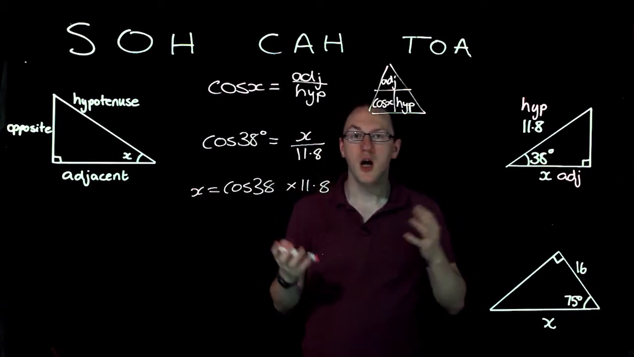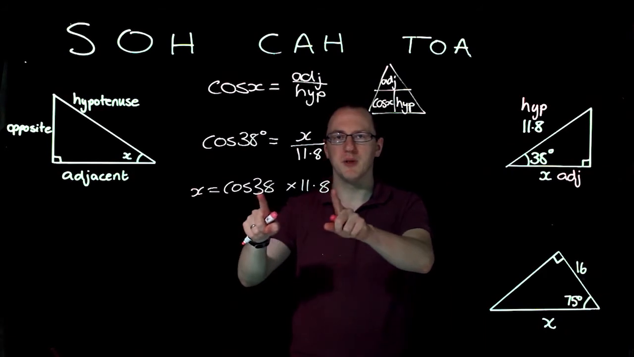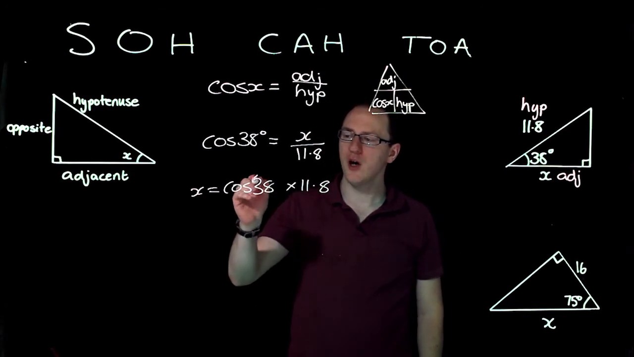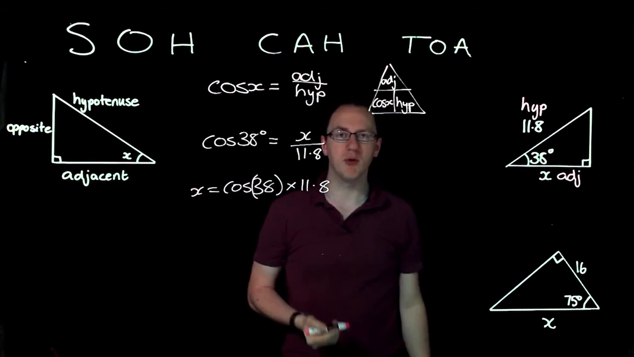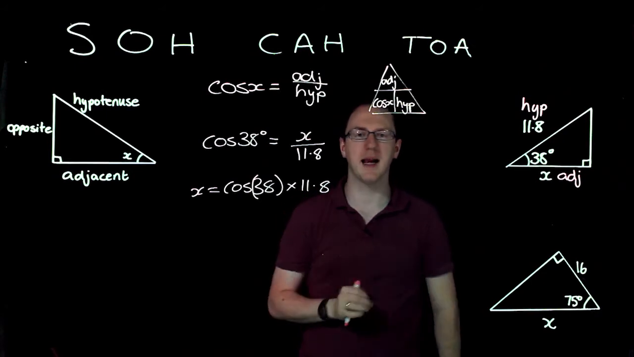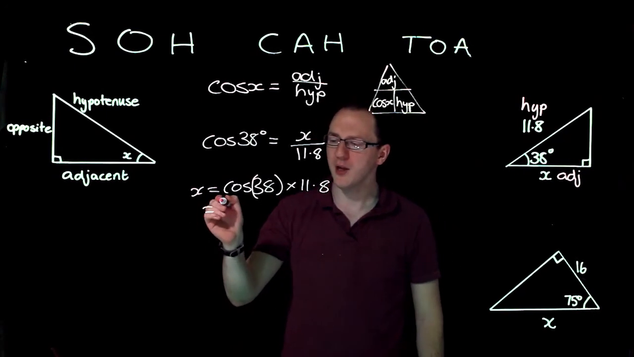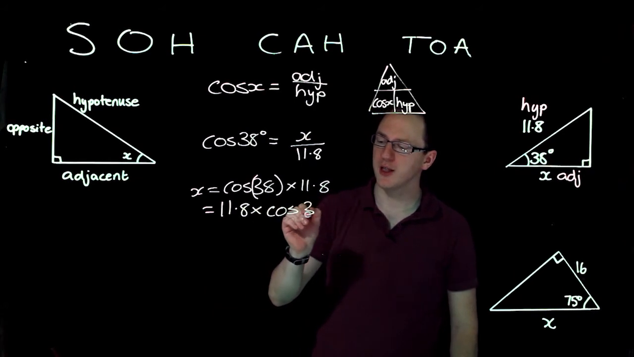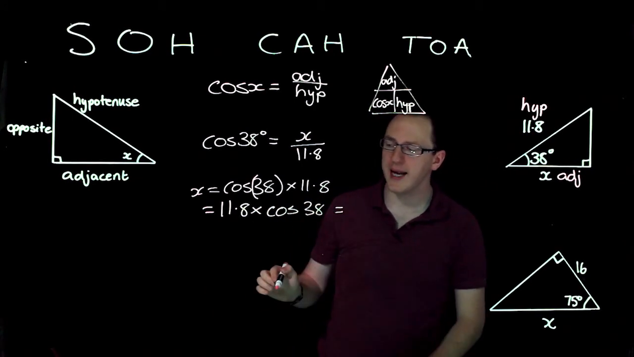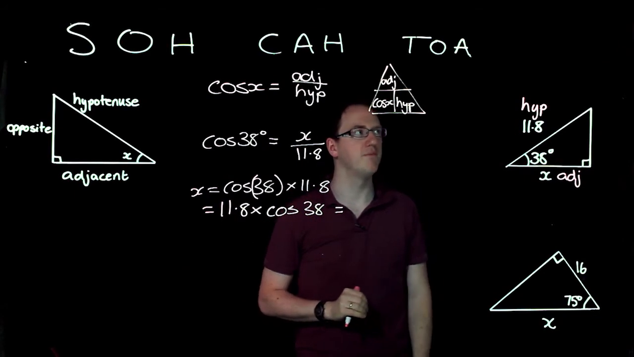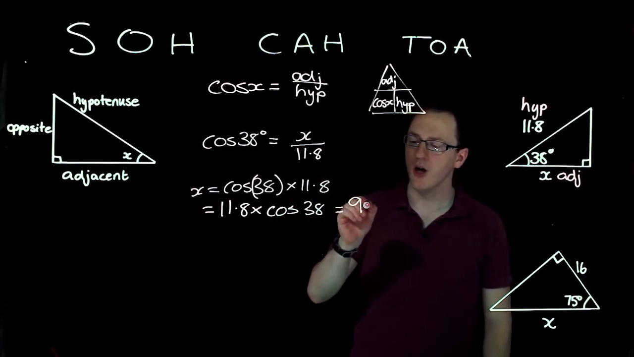Now your calculator might try to multiply these two numbers together. So there's two ways that we can avoid that happening. The first is to put the 38 into brackets. And so it's cos 38 is worked out and then it's times by 11.8. The other way is to do 11.8 times by cos 38. Either way, we want the cos 38 worked out and then that to be multiplied by 11.8, which will give us an answer of